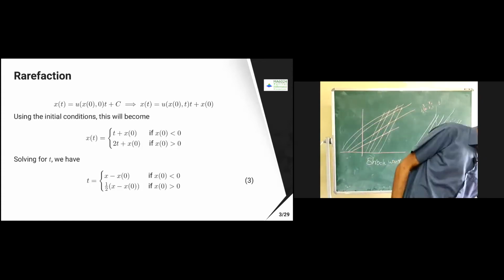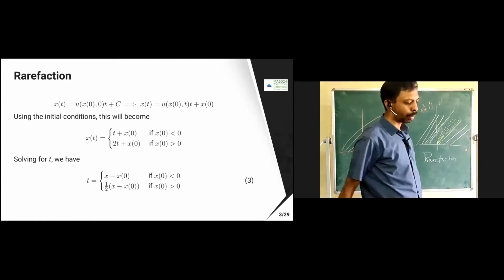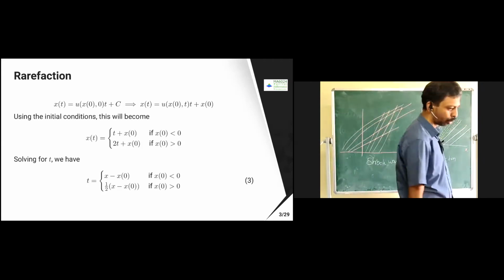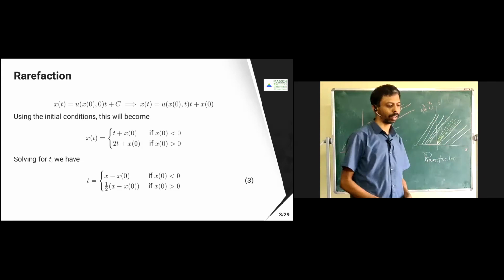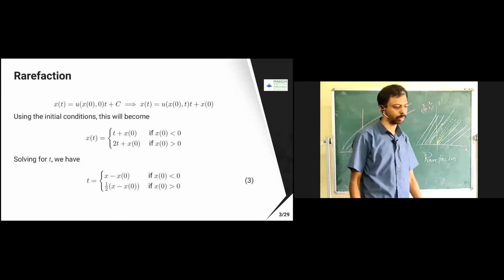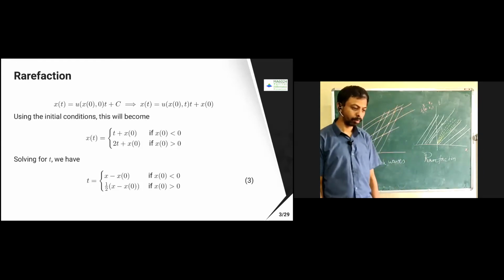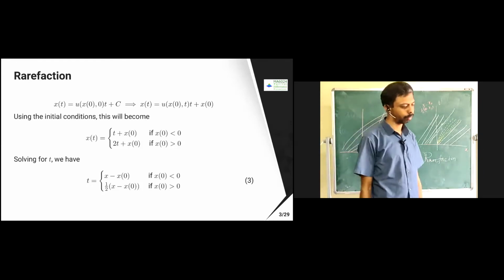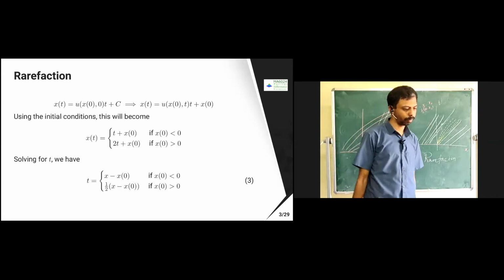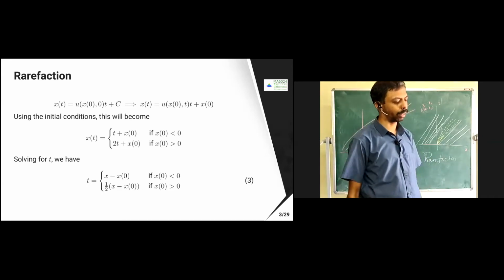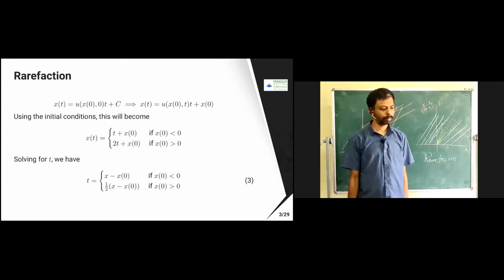So which equation? The equation number 3. Or you can take the one above also. It doesn't matter. Will it pass through the origin at any time? So when x will be equal to x naught, x0. But x naught equal to 0 means x equal to x naught cannot occur, right?